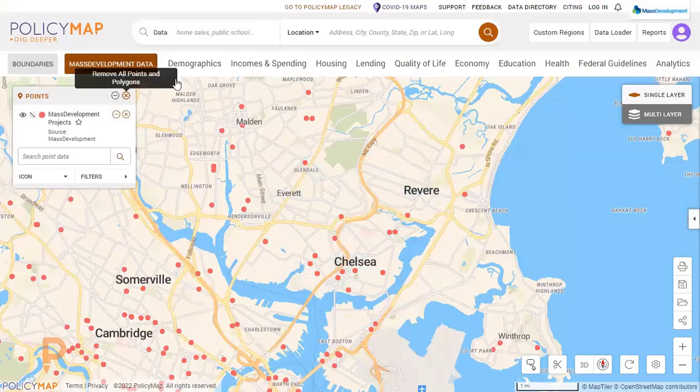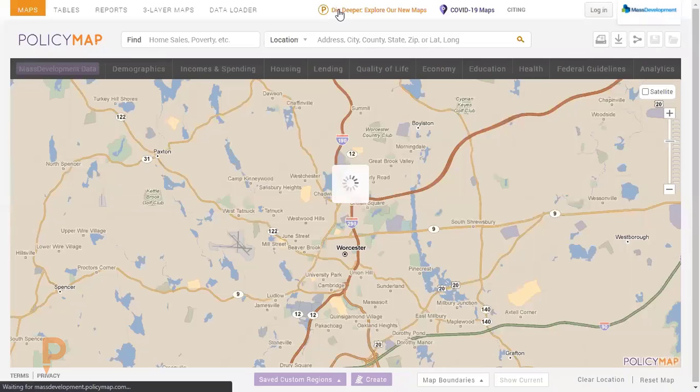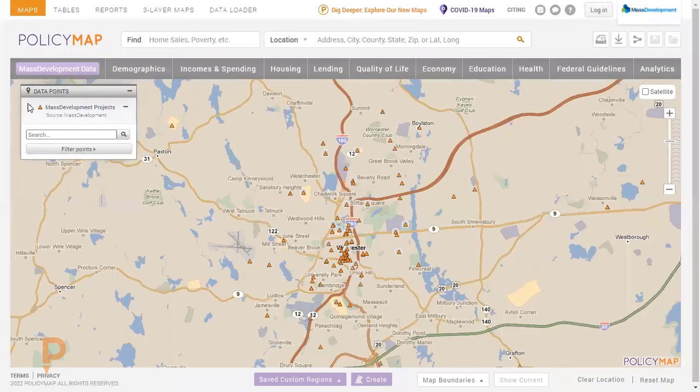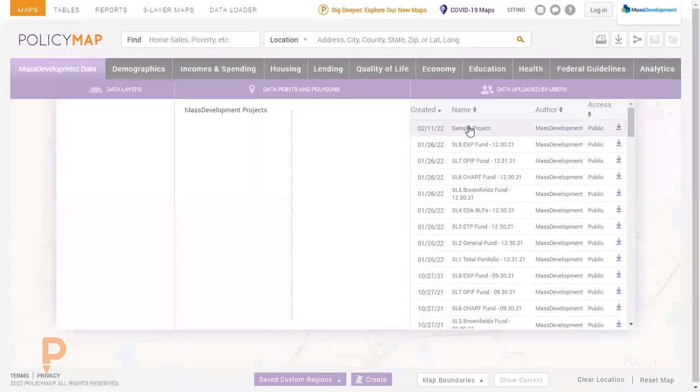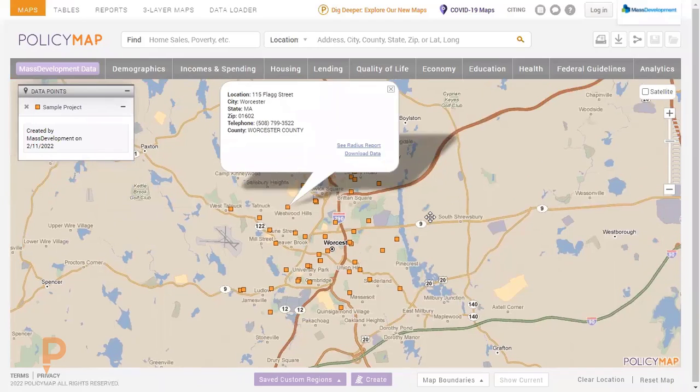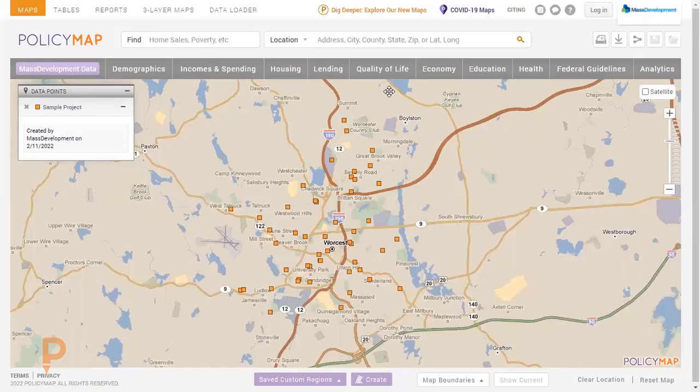So, in terms of, I'll go back to the legacy tool just so we can look at the data that I just uploaded through the data loader. So it'll show you those locations. You can interact with this similar to any of the point data that's available from PolicyMap or the Mass Development Project data. You can click on a point, see the attributes,